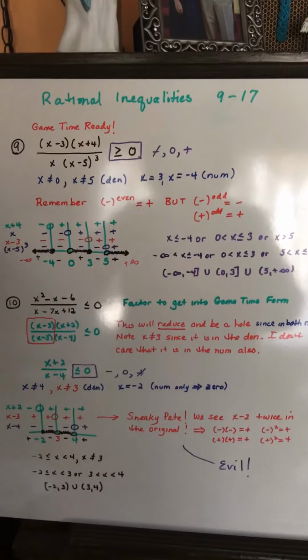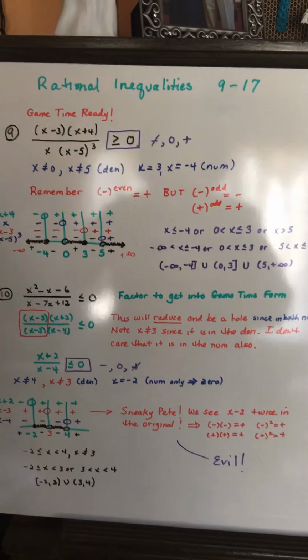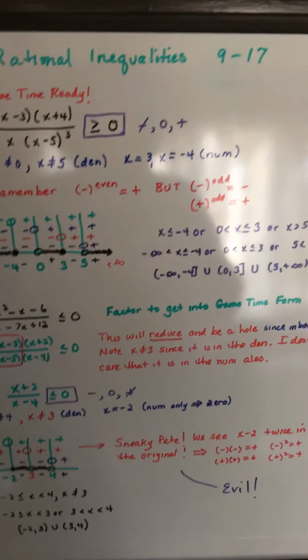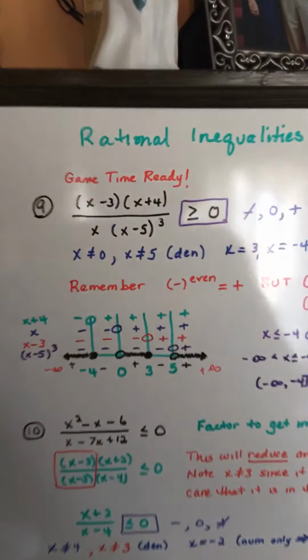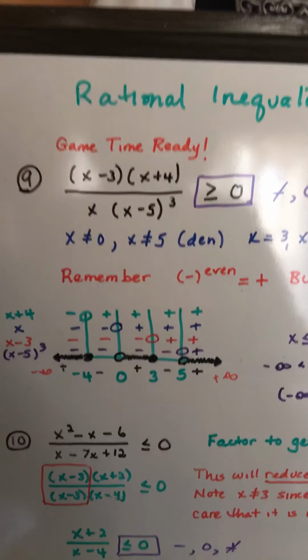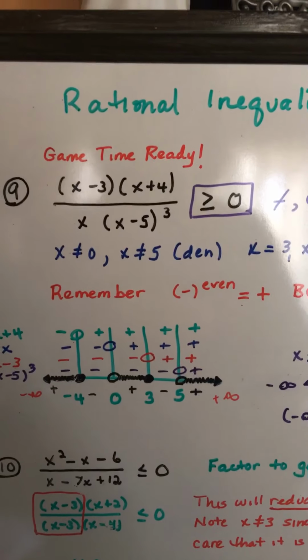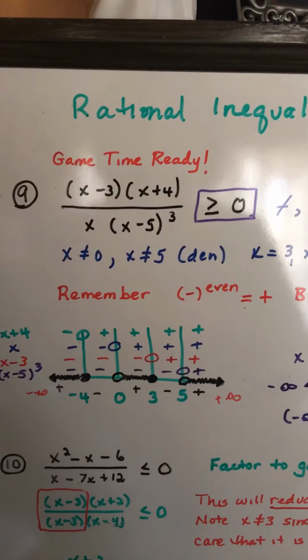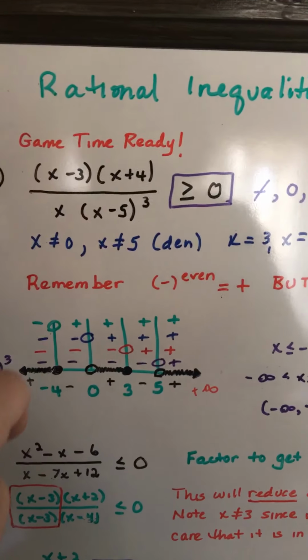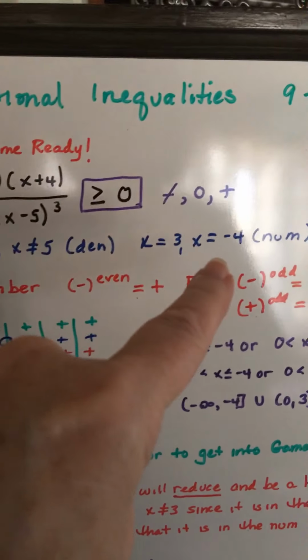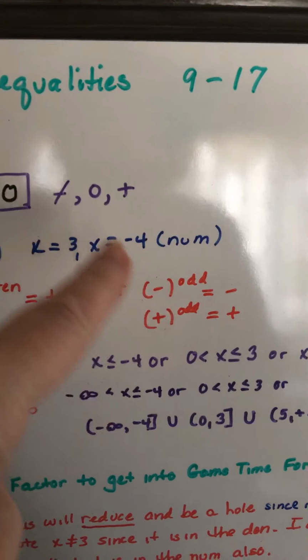Okay, we're ready for part 2 of the Rational Inequalities worksheet. This will be problems 9 through 17. When we start with an example of problem 9, you'll notice that it's game time ready already. You will see that 0 and 5 are disallowed in the denominator, and 3 and -4 are okay for the